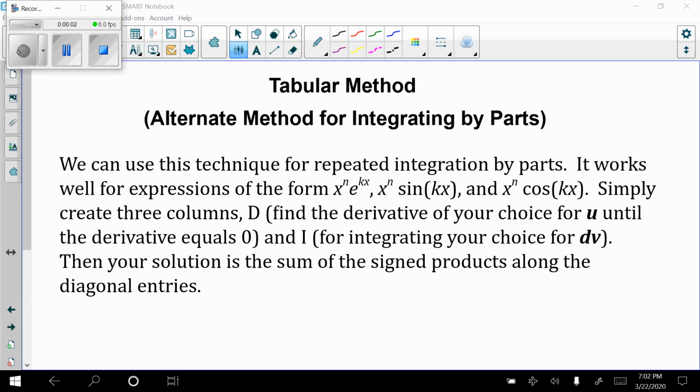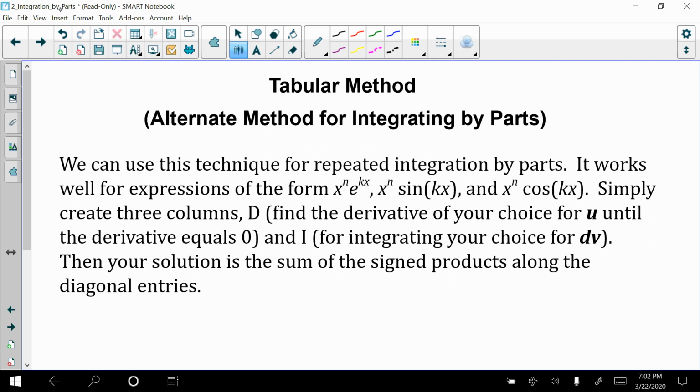Hey everybody, and welcome to your next video on integration by parts. In this video, what we're going to be focusing on is a method, and this is what I referred to